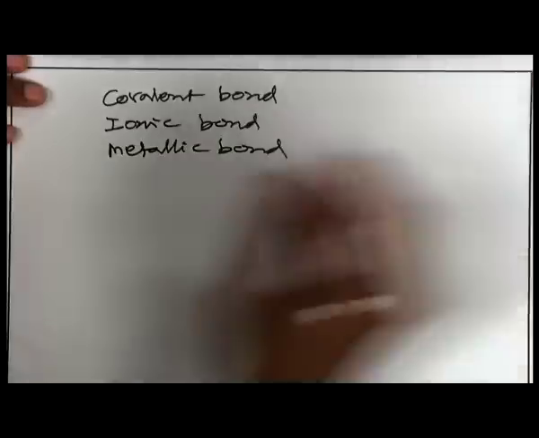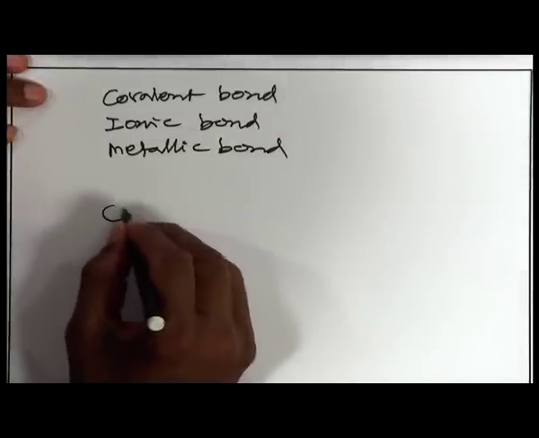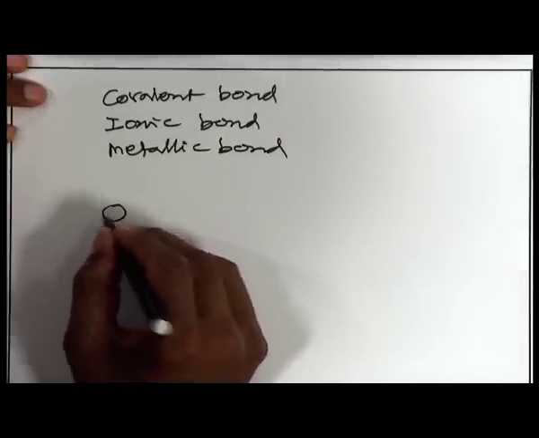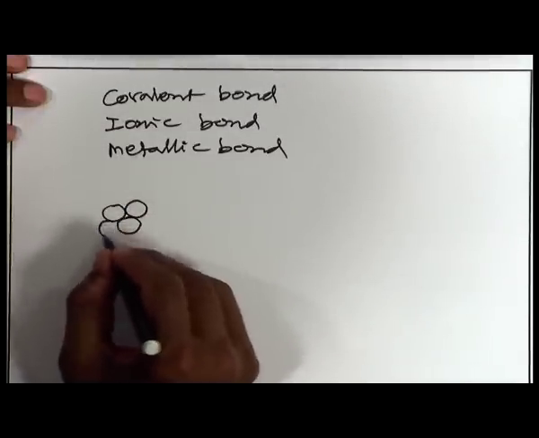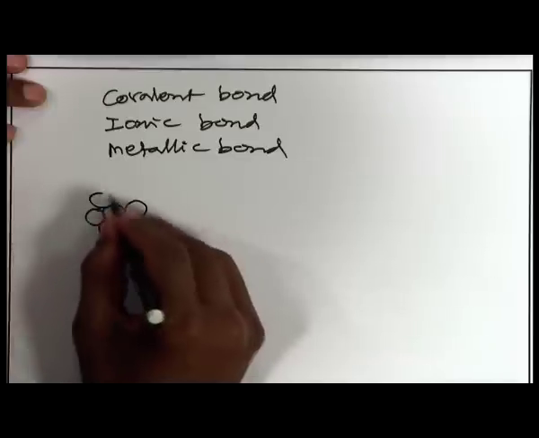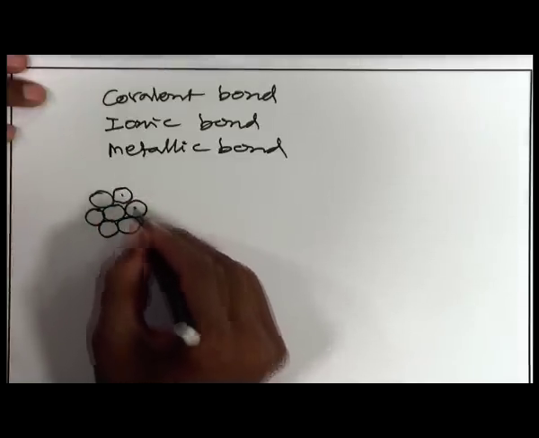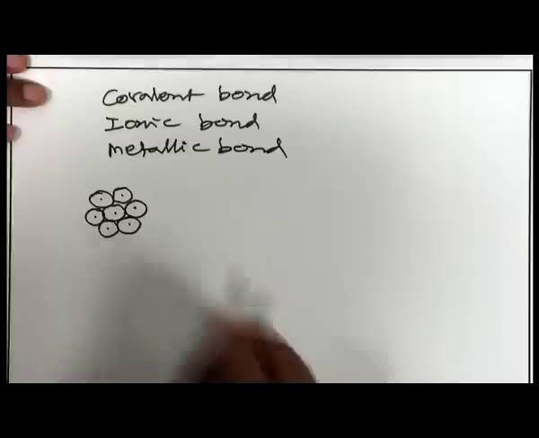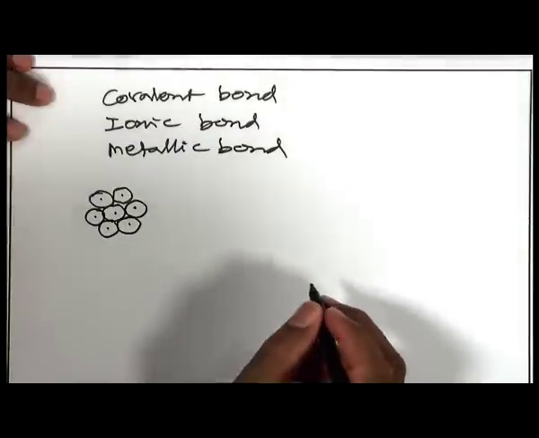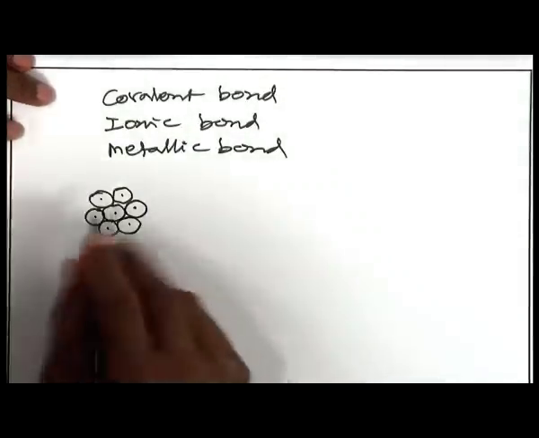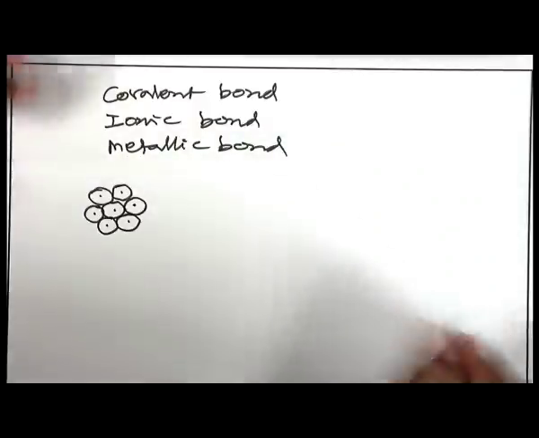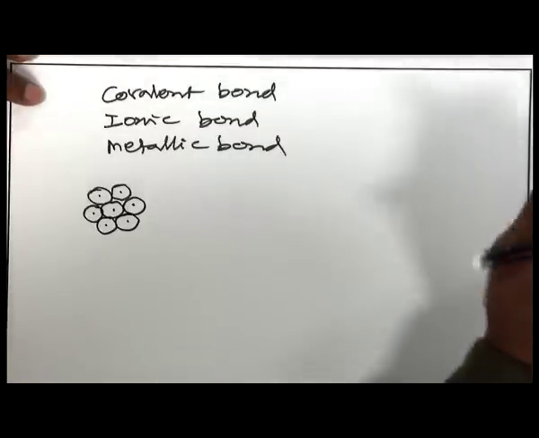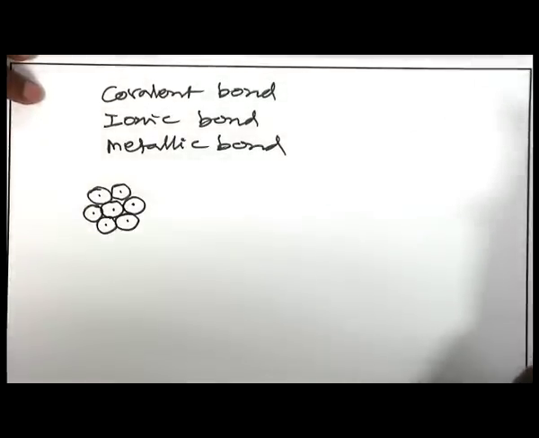So, what is a metallic bond? If you consider metals, for example, sodium metal, I am drawing a sodium atom as a circle like that, and then another sodium atom, and another, and another, and another. Each atom has a nucleus. These metal atoms exist together because there is bonding between them, otherwise they cannot exist together. What is the nature of the bonding in them? That nature of bonding is called a metallic bond.